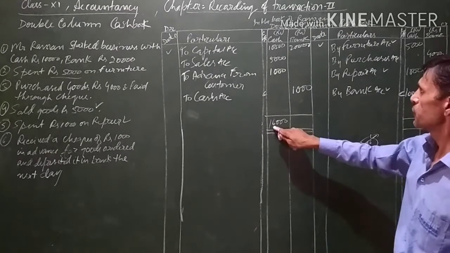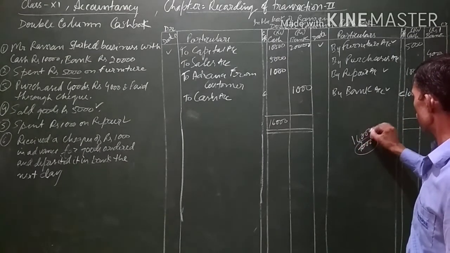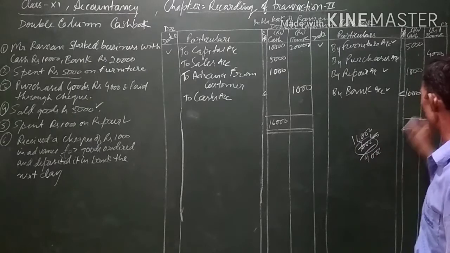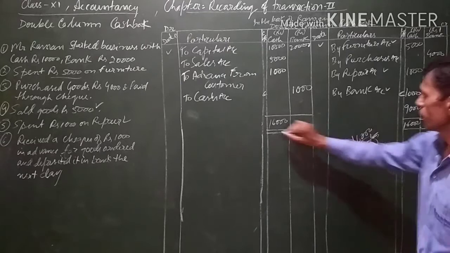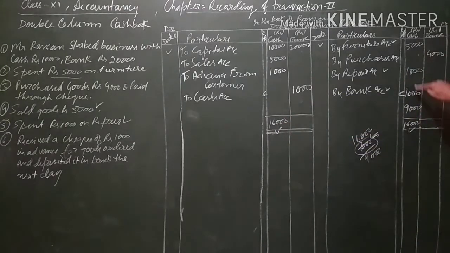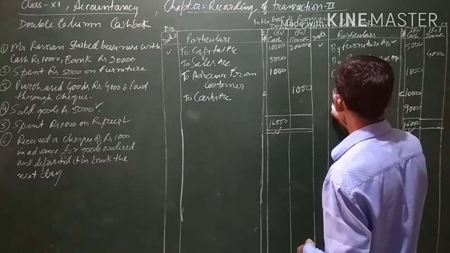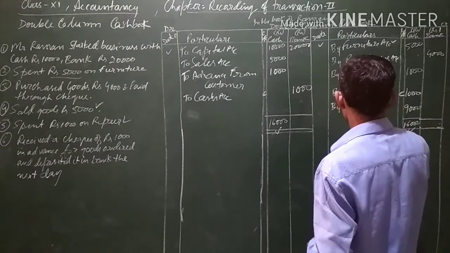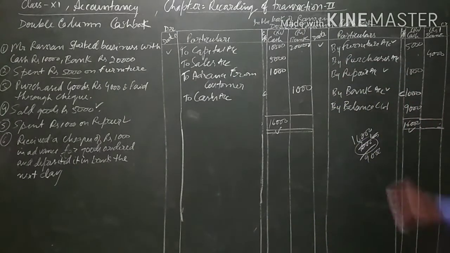So out of the cash which we have, that is 16,000, 7,000 is gone. And how much cash will be left? Out of 16,000, we will be left with 9,000. So the balancing figure will come to 9,000. Now the total of this side will become 16,000. This was the 16,000, and 7,000 cash has gone out of the business, so the balance left will be 9,000. This will be called balance carried down. By balance carried down it means this balance will be carried to the next accounting period, or the next month, depending upon when the accounts are balanced.